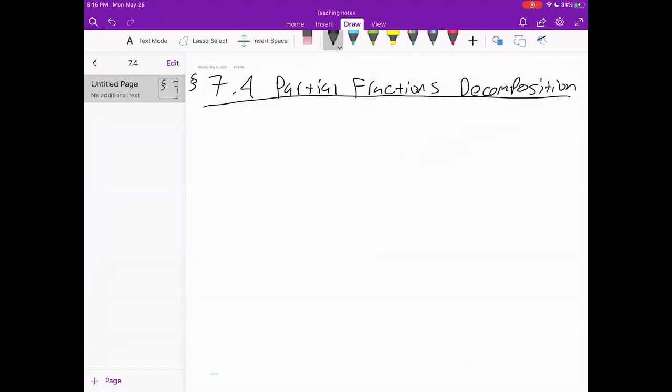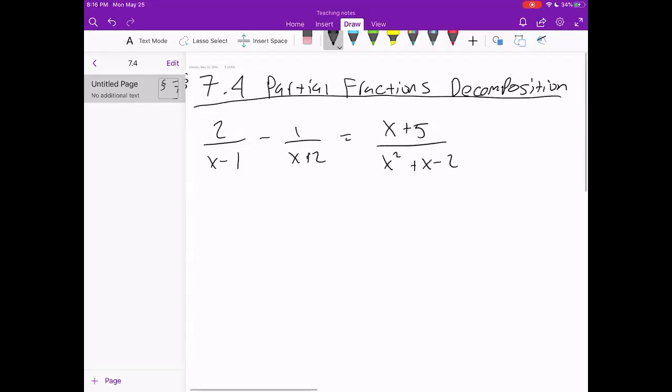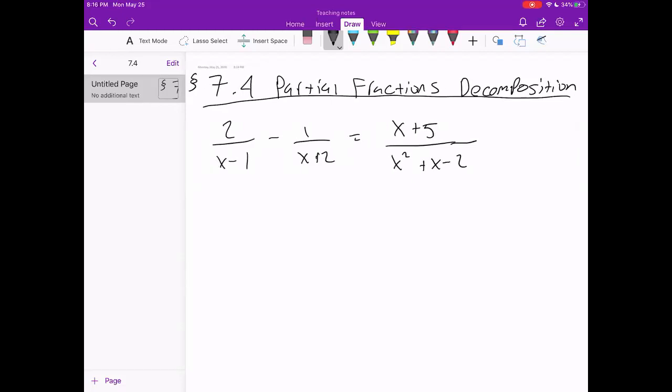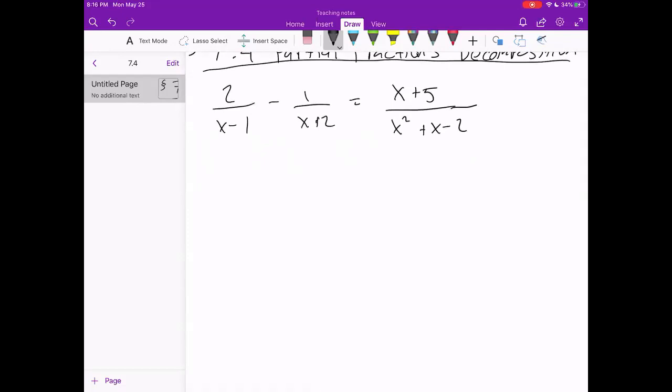Let's first note that if I had two fractions here, 2 over x minus 1 minus 1 over x plus 2, you can do a common denominator. When you work that out and put these over a common denominator, x squared plus x minus 2, you're going to get this. So if you have two of these rational functions, you can always find a common denominator and write them like this. So the question becomes, if I had this integral,